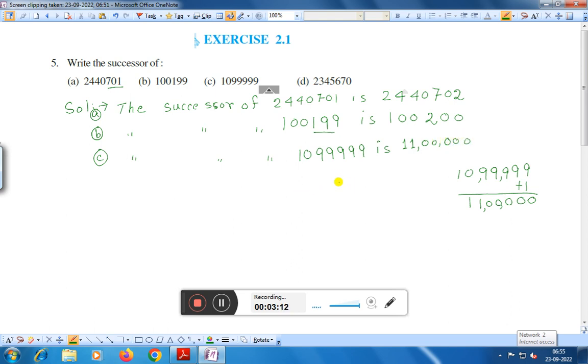Okay, that means here the number is 1, 10, 100, 1000, 10,000, lakh, 10 lakh, 99,999. That means if we add 1, it will be 11 lakh, right? This is the successor. Now question number D. Question number D is,